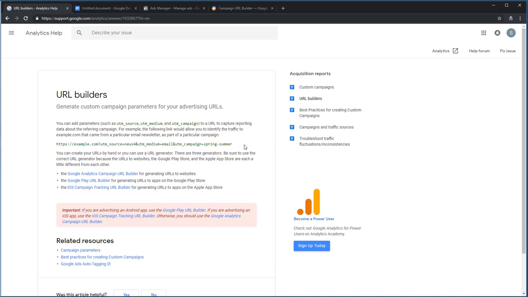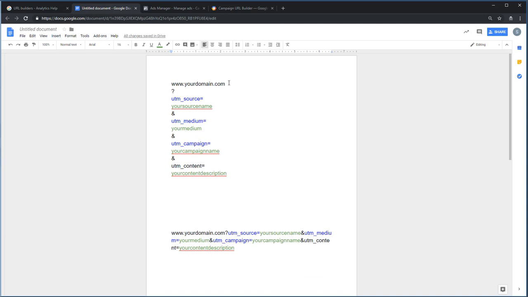And I want to break this down so that you understand what it is that you are seeing in this URL. So let's break it down bit by bit. First of all, you're going to have your URL. The question mark will break your URL and the UTM parameters string that we are going to add. And here the blue bits, oops, missed the blue bit. The blue bits are the actual UTM parameters, and the green bits are the information that we are going to